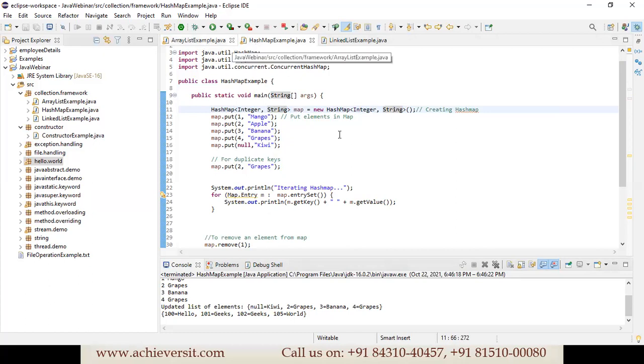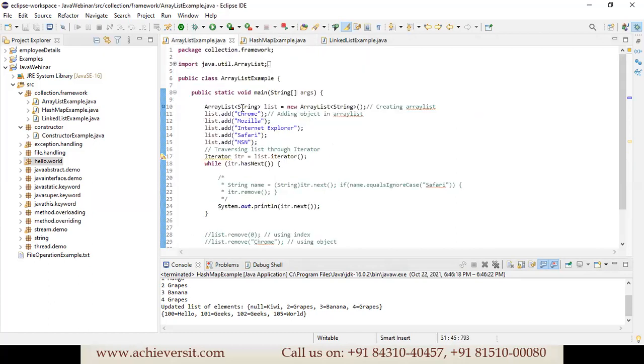When you go to array list, I have declared it also. I'm using the string list right here, adding all the string types, so I have declared it as a string. So it is clear that you are using only string types in this particular list. That is how generics will work.